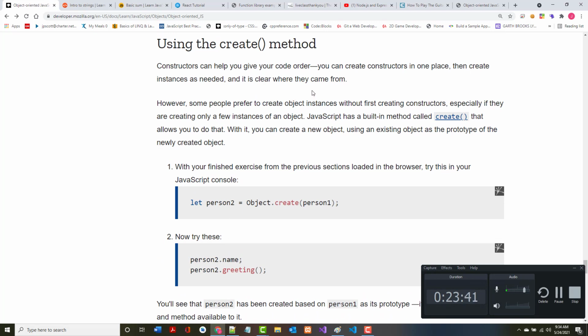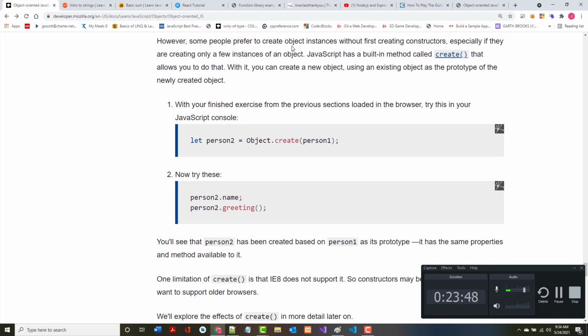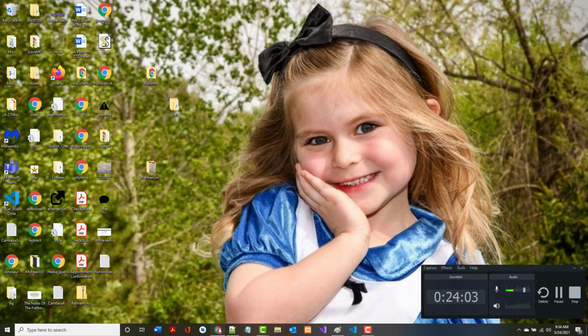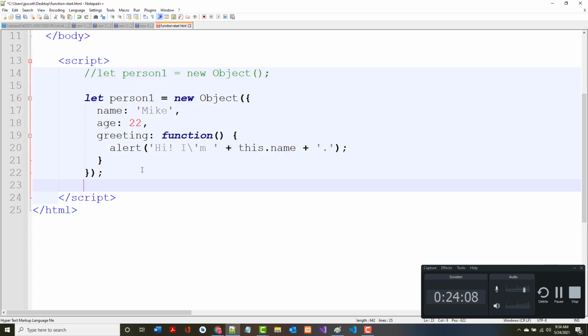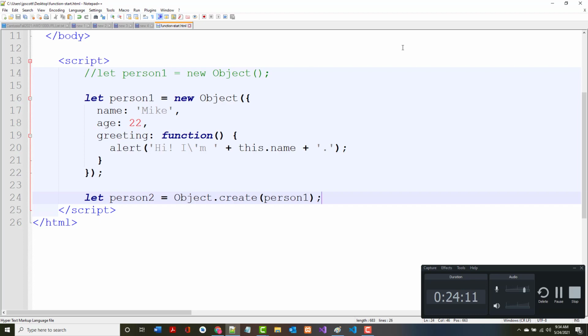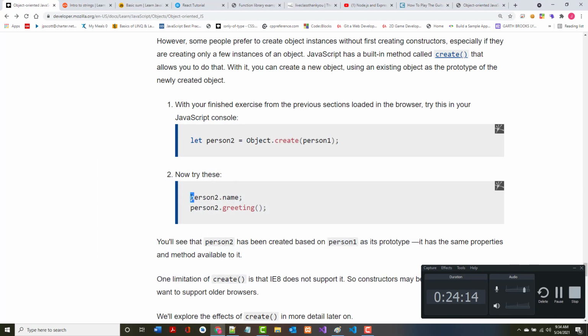Constructors can help give your code order. You can create constructors in one place, then create instances as and wherever they're needed. However, some people prefer to create object instances without creating constructors. So you can do it like this as well. So they want us to do this. Basically, what this should be doing, if I'm correct here, is it should copy everything from person 1 into person 2. All right. And then if we put in all this,